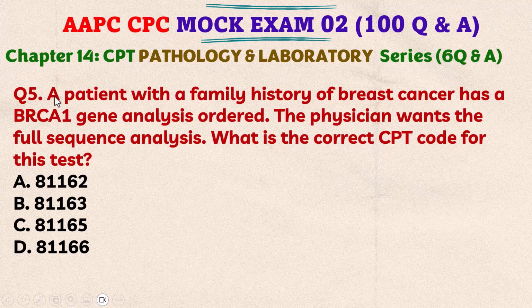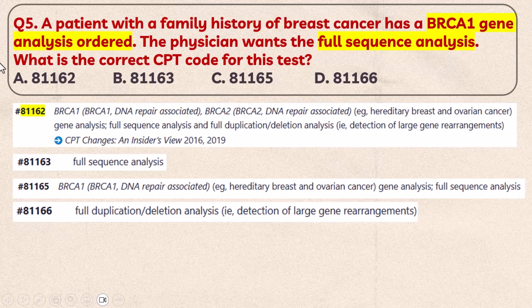Question number 5. A patient with family history of breast cancer has a BRCA1 gene analysis ordered. The physician wants the full sequence analysis. What is the correct CPT code for this test? So there are 4 answers available. Take your CPT code book and find the answer. Here you have to highlight this is BRCA1 gene analysis, full sequence analysis. Once you look at the answers, all answers are adjacent codes, so you can use the elimination method for the exam purpose. So once you go to the code directly,